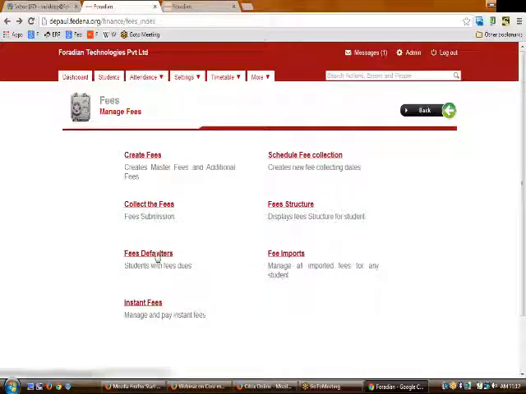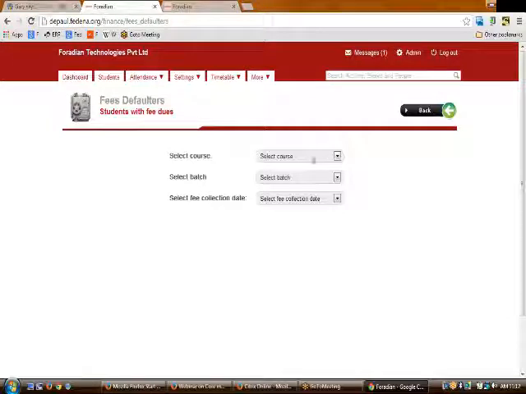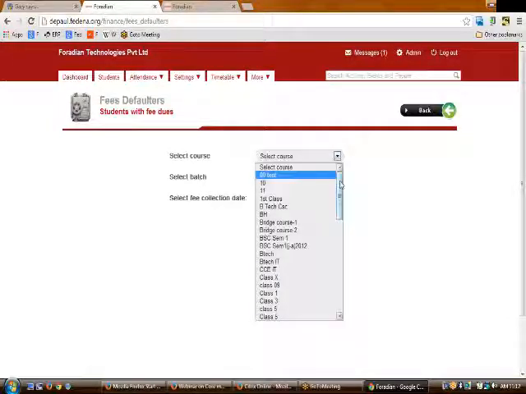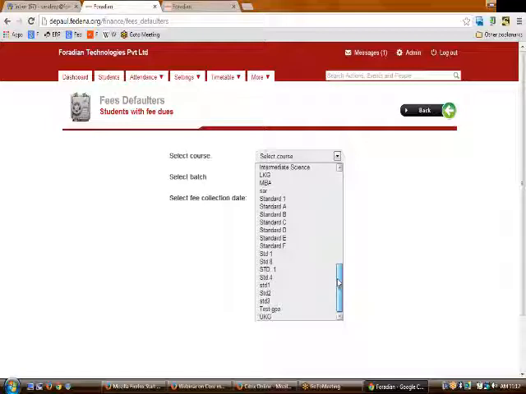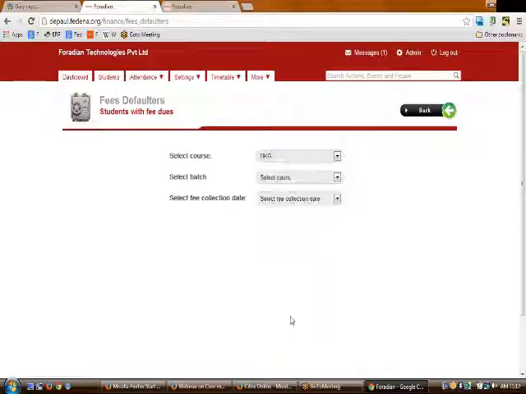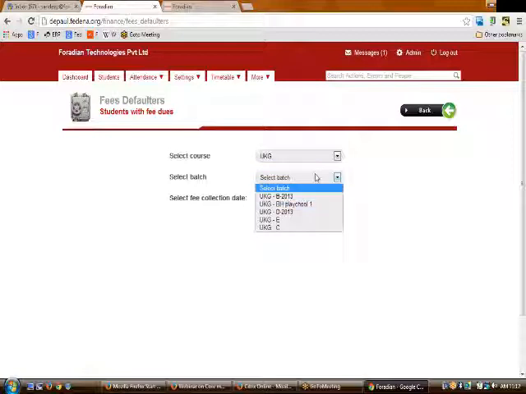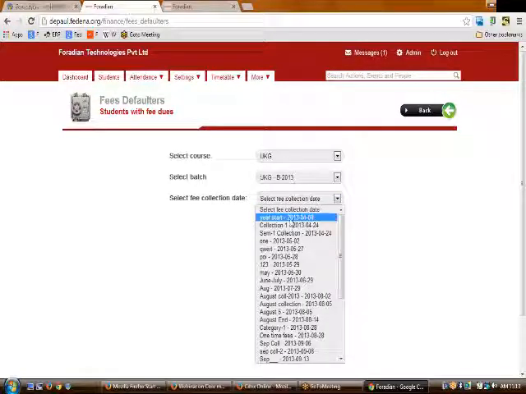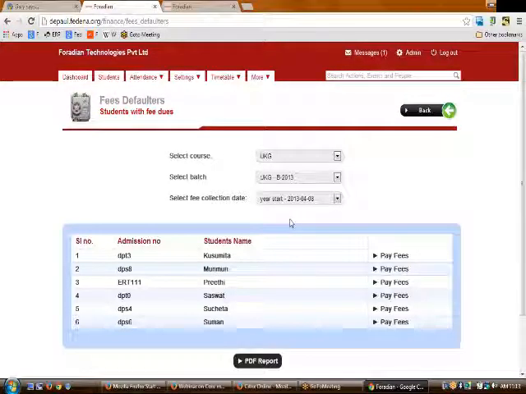Then comes the fee defaulters. If you want to see the fee defaulters of your students, then just click upon fee defaulters. Then select the course, then the batch, and then the fee collection date is to be entered. Like let us say the fee collection date is CSR 2013, and then as per this particular course, batch and the fee collection date, you will be able to see a list of all the students who have